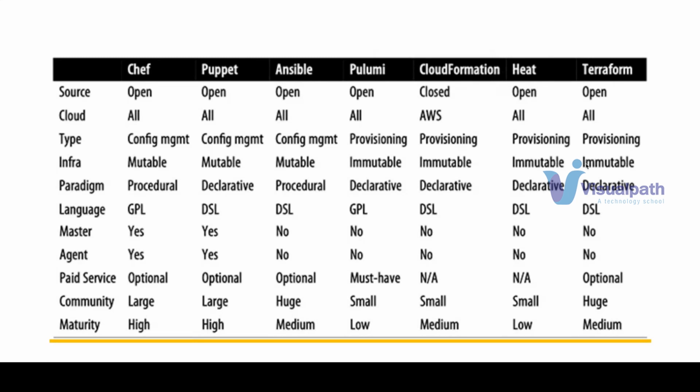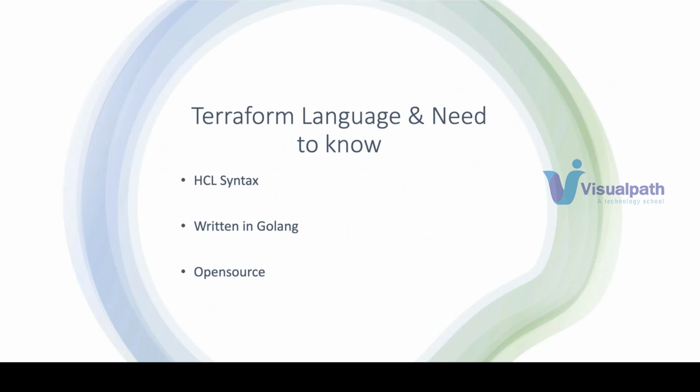You see, we have a big community for Terraform, and it is widely used. It's not just a very small number of people using it. We have a lot of people using Terraform. Now, how are we going to learn Terraform? Do I need to learn any programming? There is a separate language which we need to understand, the Terraform language called HCL, HashiCorp Configuration Language. It is specific to HashiCorp. Who is HashiCorp? The provider of Terraform, right?